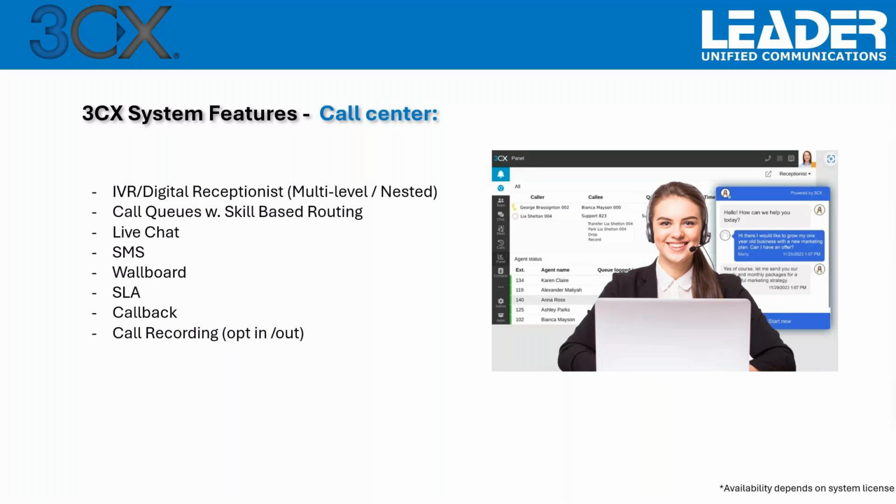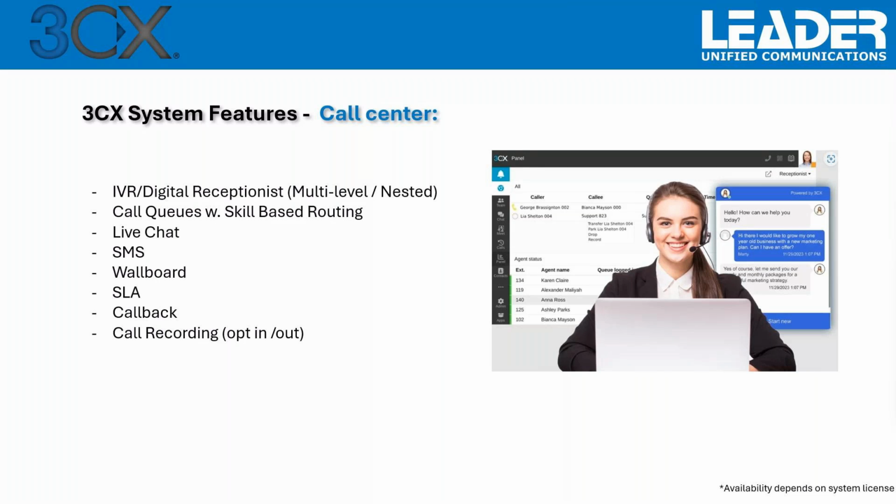So literally we check the caller ID, where the customer comes from. We can have that also with DID-based call routing based on the number the customer called. We then can also create multi-level IVRs. So for example, based on the language,